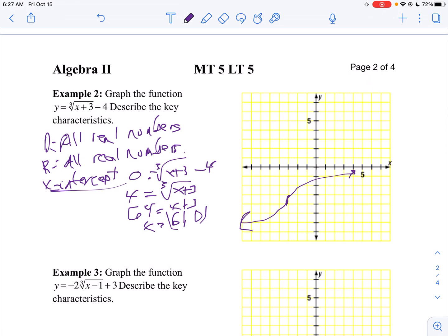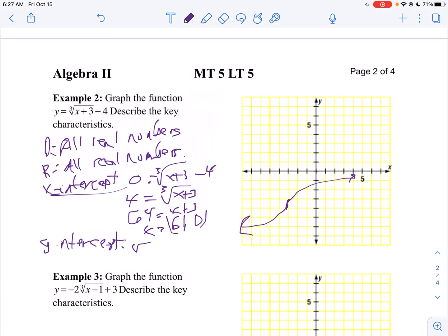And then your y-intercept is when x is 0. This one we can maybe do mentally. Replace x with 0. 0 plus 3 is 3. Take the cube root of 3 and then subtract 4. So my y-intercept is the cube root of 3 minus 4. It's a decimal. Okay,